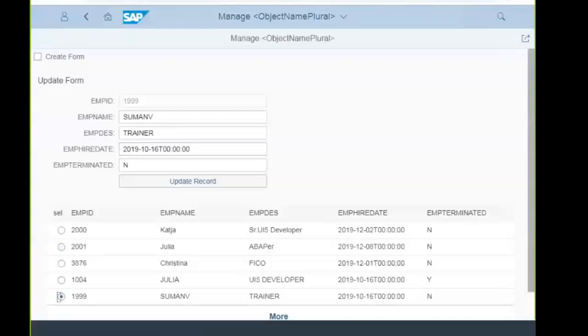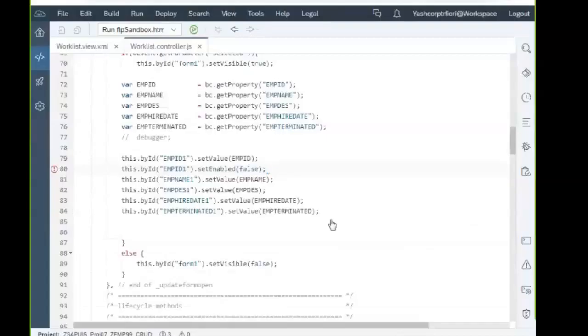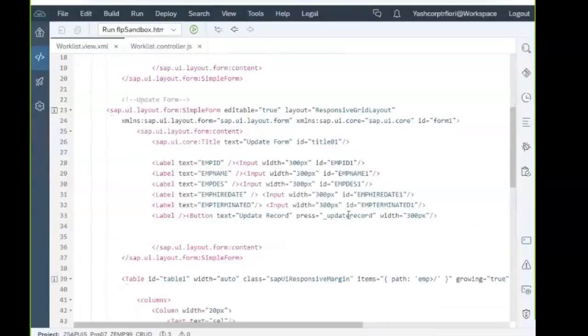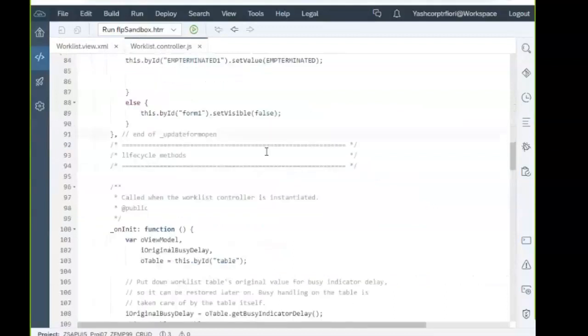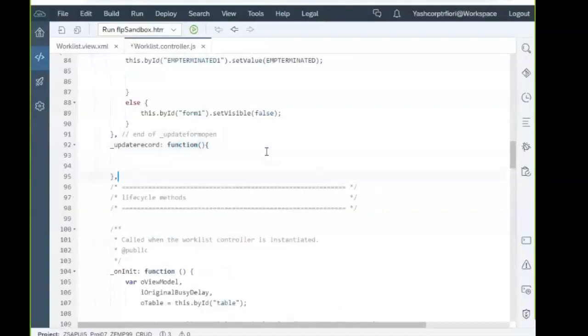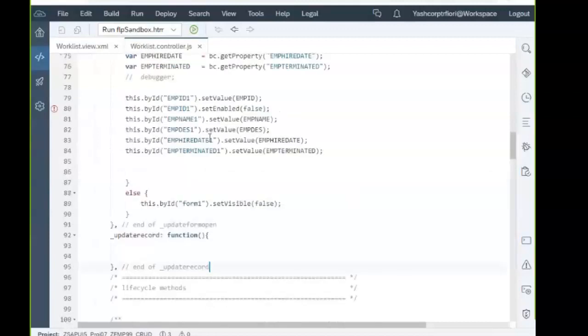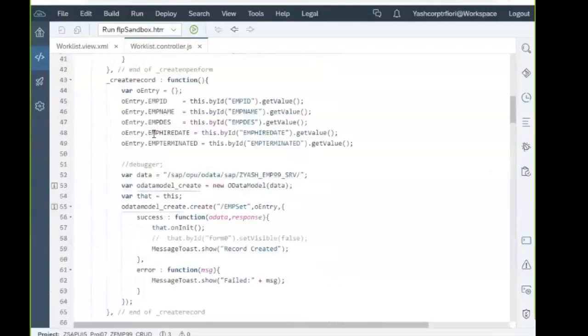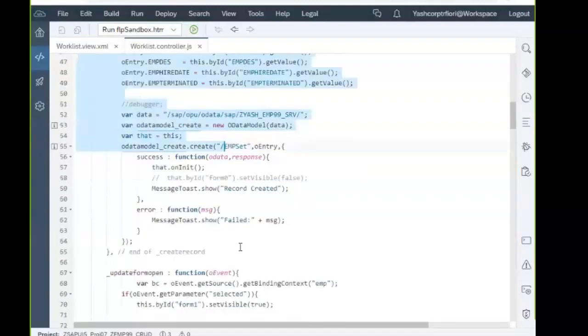Okay. So what we'll do to this button, update record. So same code whatever is there for the create, the same code you can copy it. Few changes will make it.